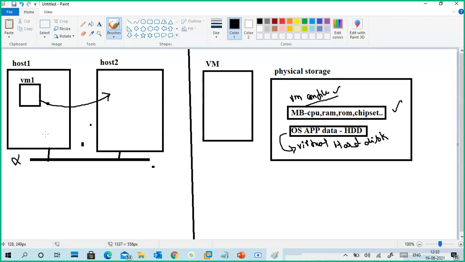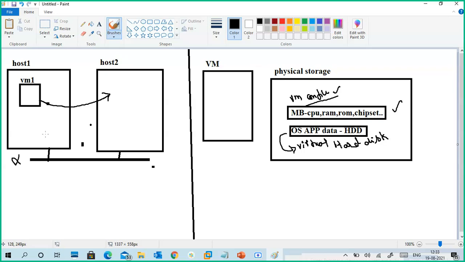Maybe I want to upgrade RAM, or change something hardware related or software related. Generally, when we restart, the machine's performance is low at that time, or maybe I'm taking a backup.